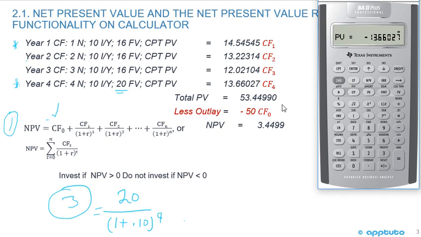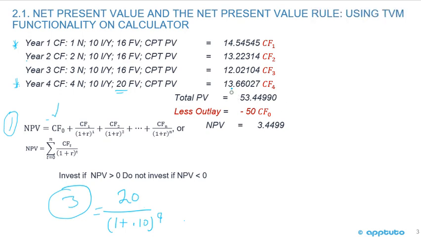Okay, so I'd add up all those. I'd have to write them down. That would add up to 53.4499. Subtract the 50, the initial outlay. I have a net present value of 3.4499. Okay, so that's the second way that we can calculate, is use the time value of money functionality on the calculator and calculate the present value of each of the cash flows, add them up, subtract the initial outflow,